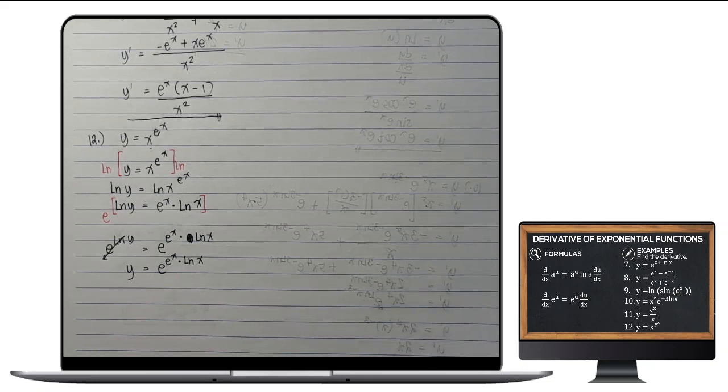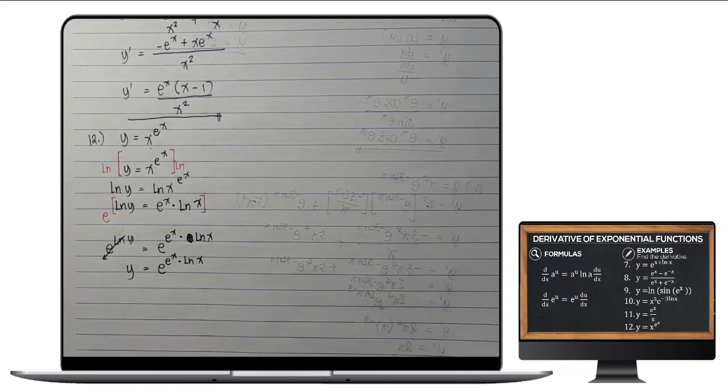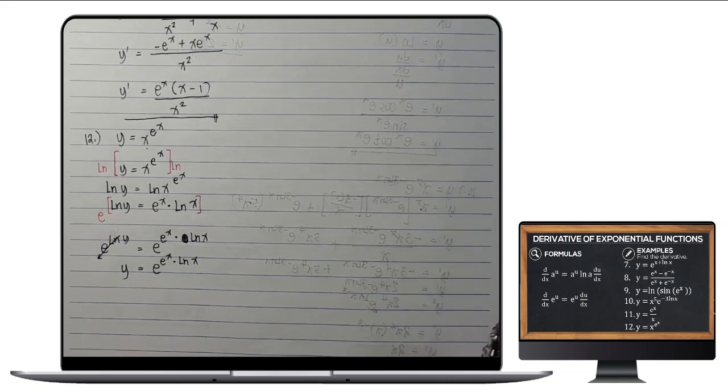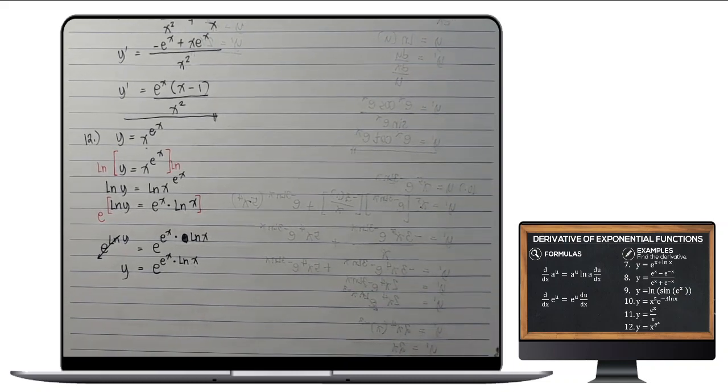So, kanina hindi, kasi walang form na ganon. So, we apply manipulation so that we arrive with the form that we have the formula. So, ang target natin lagi ay madala yung ating given sa form na meron tayong formula. Since we do not have the formula for function of x raised to function of x, nagkaroon tayo ng manipulation so that we can transform our given to a form that we have the formula. So take note of those things. Okay, so in solving this,